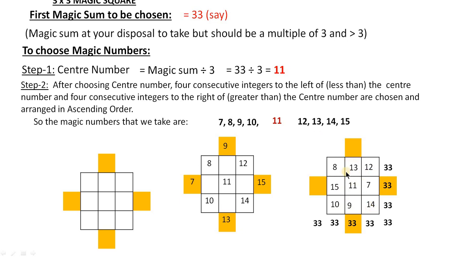Instead of 7 to 15, you can take 11 as the center number. The immediate 4 odd predecessors you can take as 3, 5, 7 and 9, and the 4 odd successors, which are 13, 15, 17 and 19. You can fill as it is described here. Then also you will get the same sum 33. You can check it too. Okay, try it and good luck.